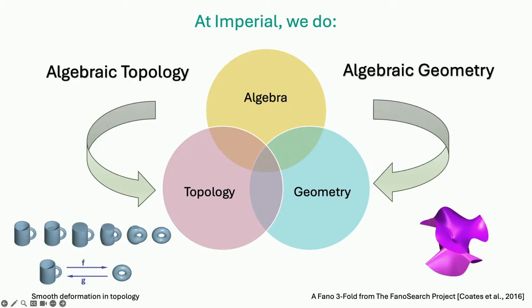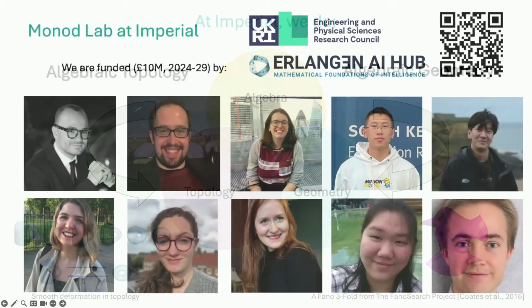Algebraic topology is amenable to data analysis because it studies features, or invariants, which are robust to smooth deformations. And you can see in real data there's lots of noise, right? And noise can be seen as such a smooth deformation. So this is why it makes sense to study algebraic topology in this sense. And in algebraic geometry, the central object of study is what's known as a variety. They're extremely flexible objects which can model many things, including real data, and also including neural networks, which I'll talk about a bit later.